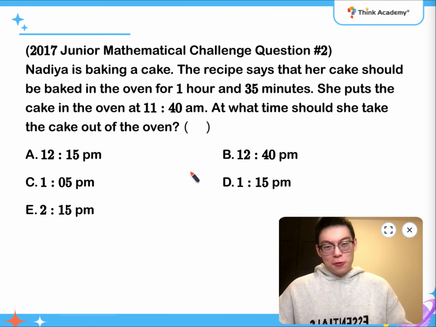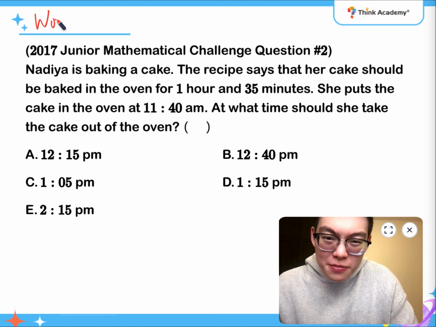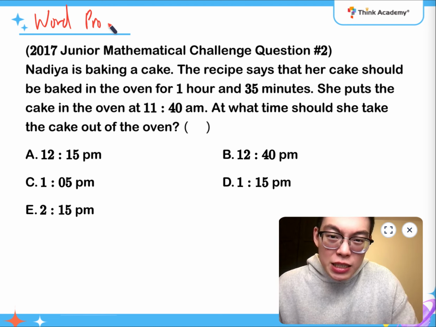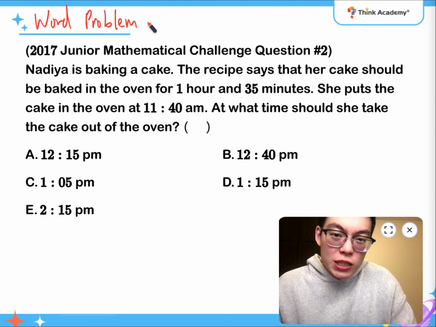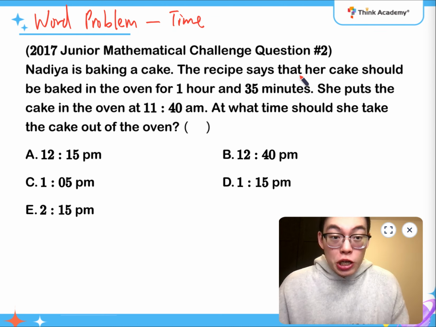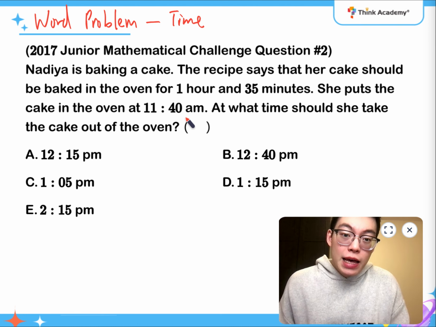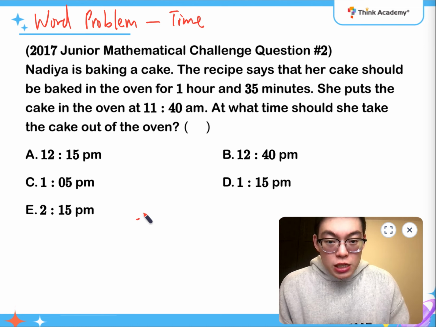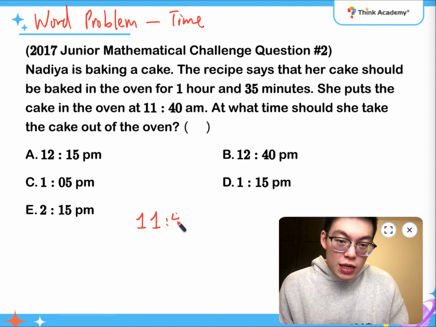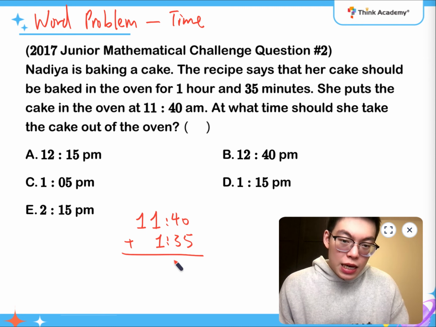And the second question, it is a word problem on time calculation. So it says that the cake should be baked for 1 hour and 35 minutes, and she puts the cake in the oven at 11:40 a.m. So if I do 11:40, adding 1 hour and 35 minutes, it's going to be